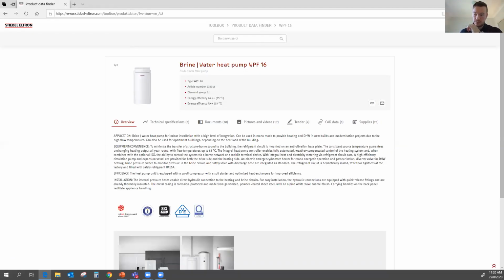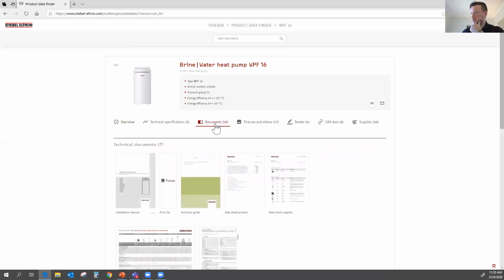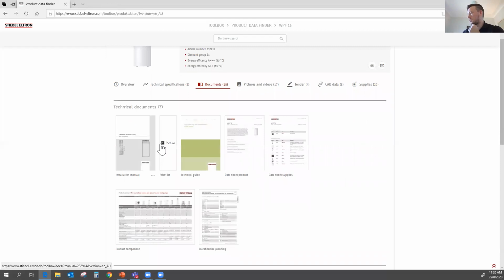Many times we asked for documentation, we asked for manuals, we asked for pictures, whatever it could be. And it's probably the easiest for you guys to actually just seek it out yourself on this tool, because if you click documents, that's most likely 95% of the time what we do ourselves. We go to this product data finder and we source it straight from the server. So you have an array of pictures, videos, documents available,